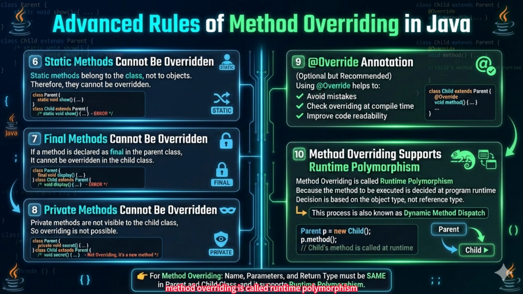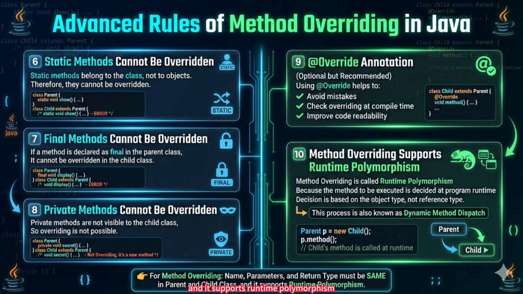Method overriding is called runtime polymorphism because the method to be executed is decided at program runtime. The decision is based on the object type, not the reference type. This process is also known as dynamic method dispatch. One-line summary. For method overriding, name, parameters, and return type must be same in parent and child class, and it supports runtime polymorphism.